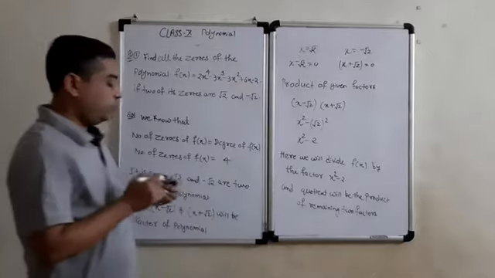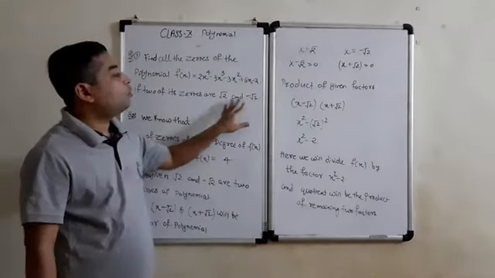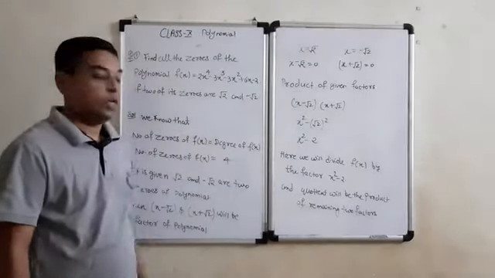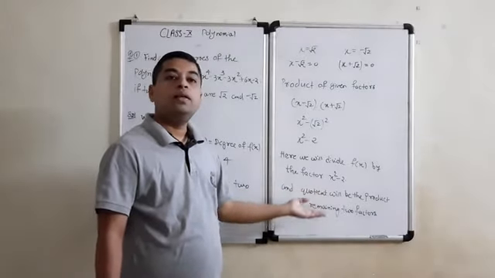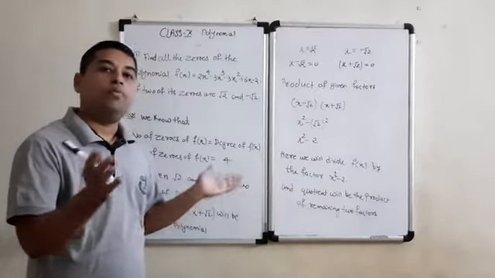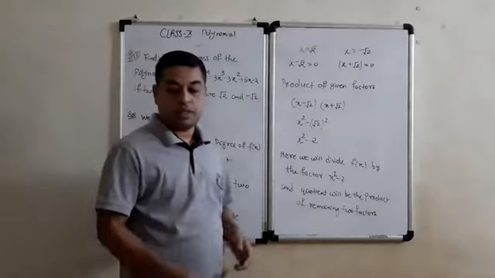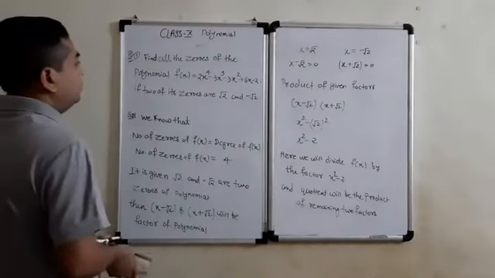Okay, so what we will do to solve this type of question, we will find the product of the given two zeros, and with the product of two zeros we will divide the given polynomial. So in this way, whatever quotient we will get, that quotient will be the product of the remaining two factors, and that quotient we will split and we will find out the remaining two factors. So for that we have to divide first. So let us divide. Okay.